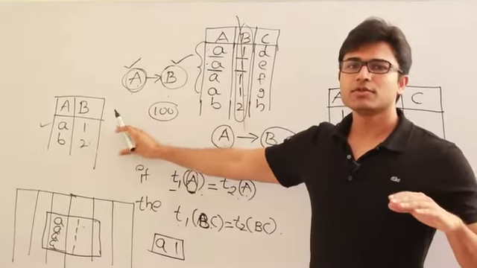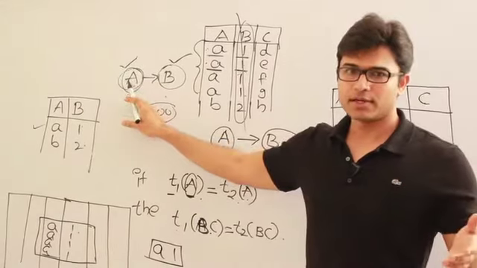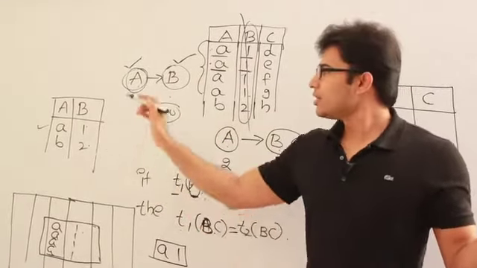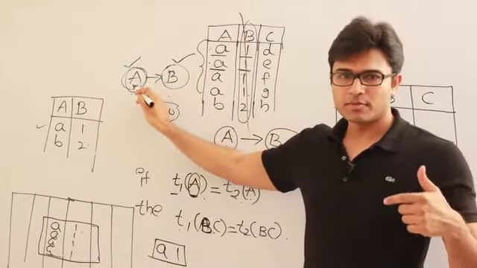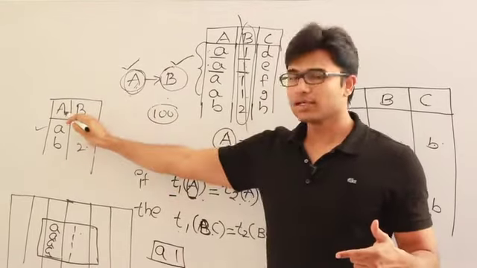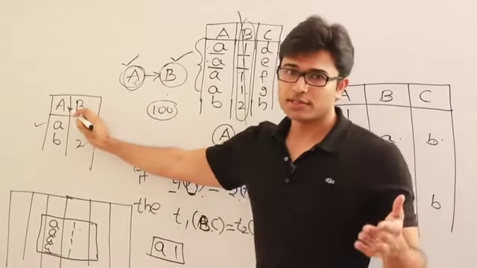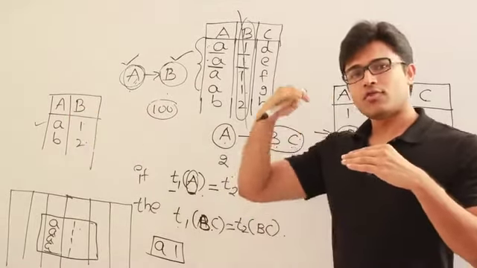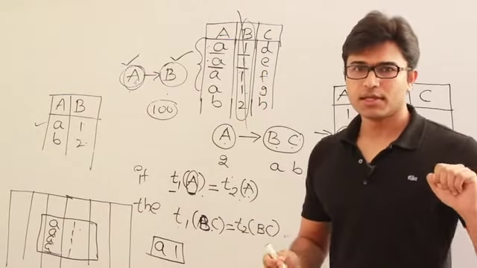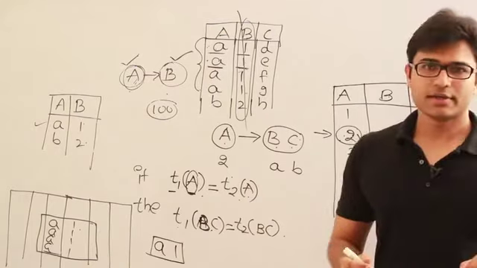The ultimate aim is that for every functional dependency, I'll try to separate the tables in such a way that all the attributes which are determined by the left side fall in one table, with the left side being the key. That is the final aim, BCNF. Now in order to go to that final BCNF, I am going to go through various levels of normalization. So I am going to start normalization like this.